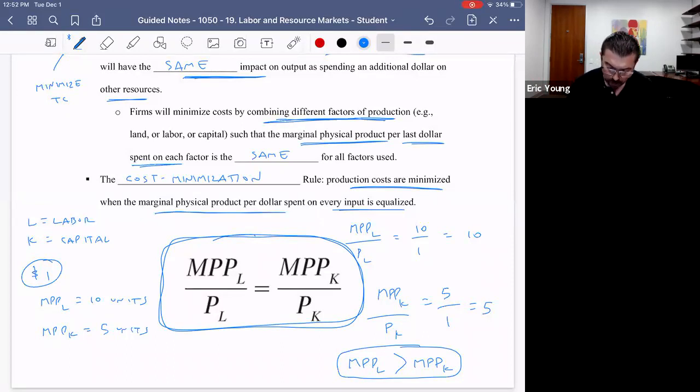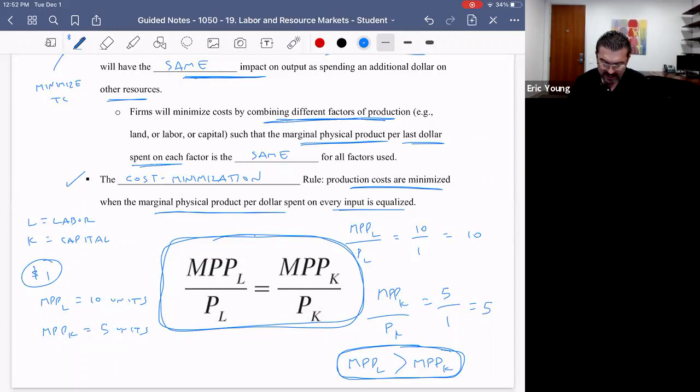So the primary rule, the cost minimization rule, is simply this. As long as the productivity per dollar spent, the bang for the buck, for one resource is greater than another, hire more of that resource and less of the other. You keep doing that until the bang for the buck equals. And that, my friends, is the cost minimization rule. Now, you might be asking, what does this mean? Well, it means a couple of things,